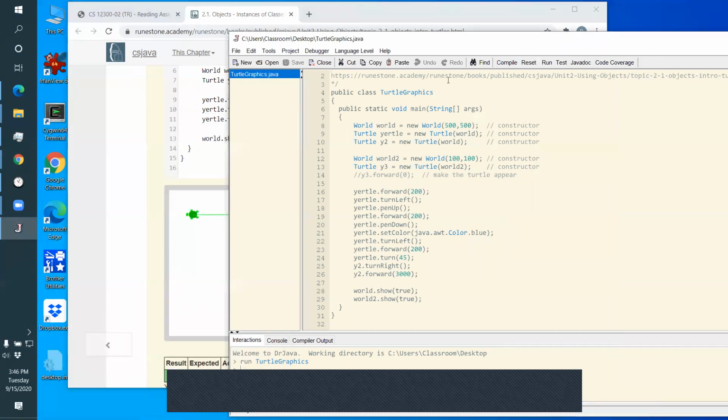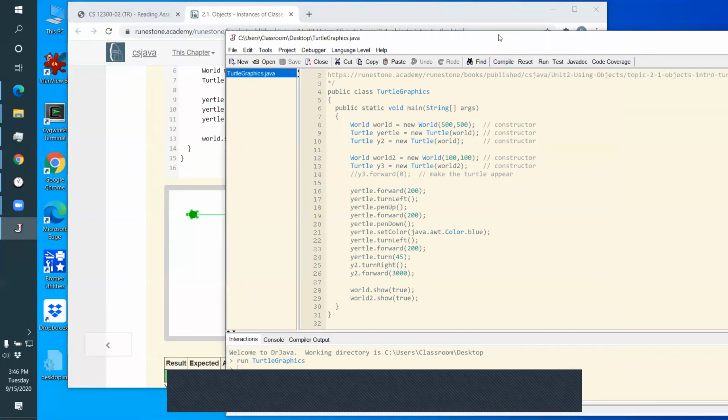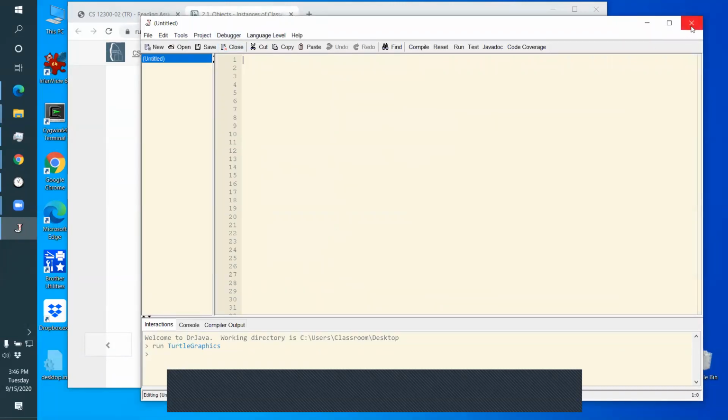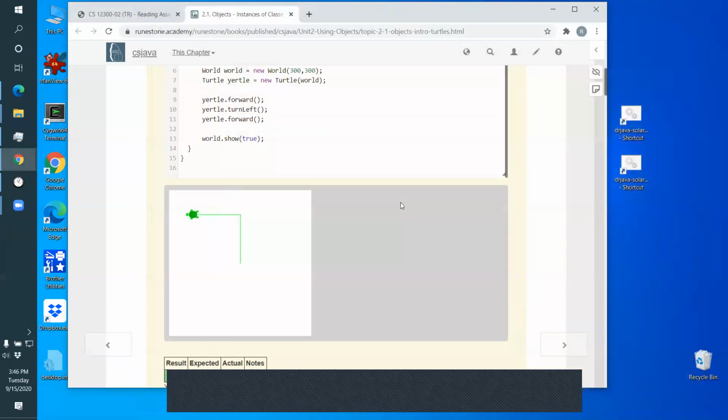Okay. All right. So now we got a more sophisticated version of Dr. Java. It has a nice color scheme. You can choose which color scheme you prefer, and you can run turtle code. Now, one thing I do, last thing I'm going to show you that I do is